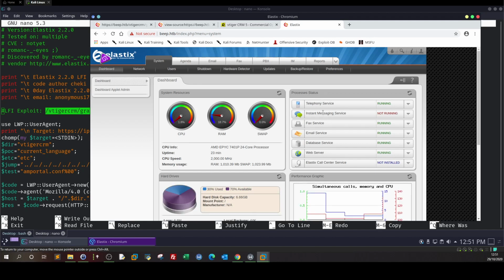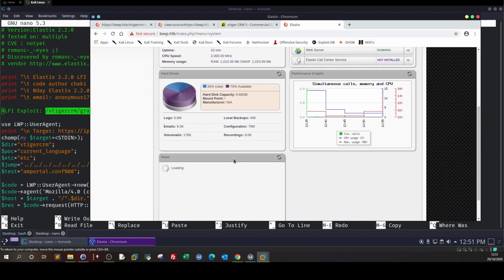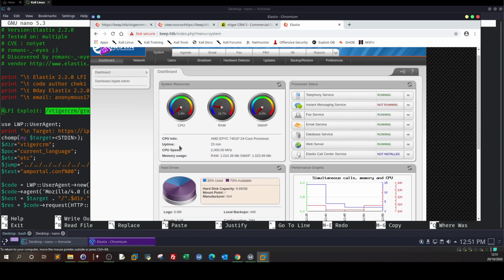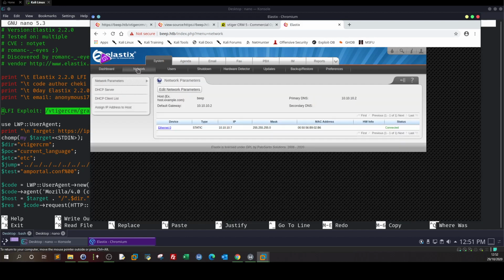So here's the status. We have the instant messaging service not running. Other services are running. Performance graphic, simultaneous calls, hard drives, 6.66 gigabytes. And here is the CPU info. We have an AMD 24 core processor, not bad. If you click on network here, we have an Ethernet device on the IP 10.10.7, which is the interface the PBX is running on. Click on the HTTP server,